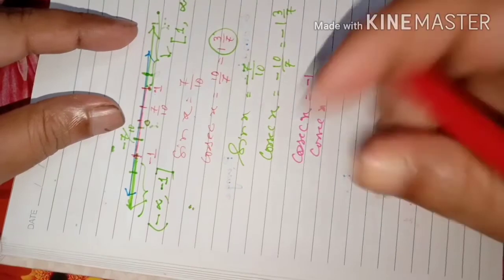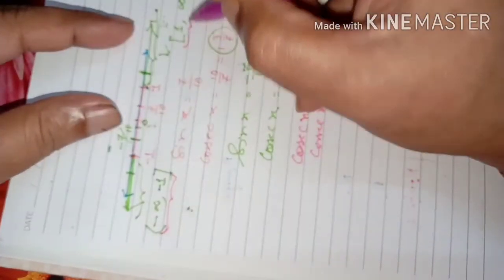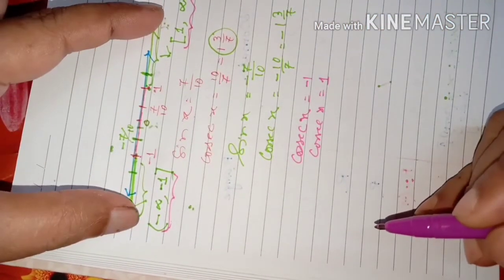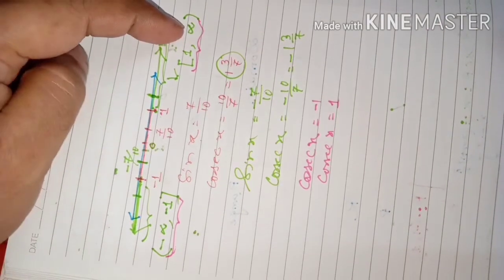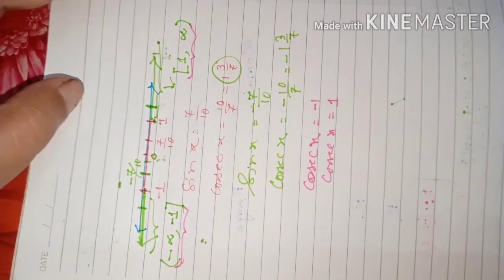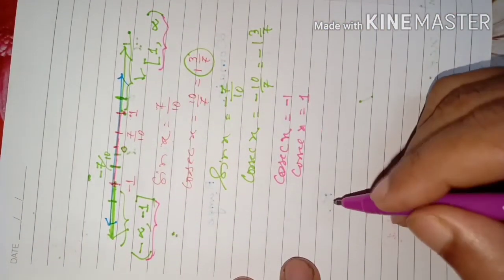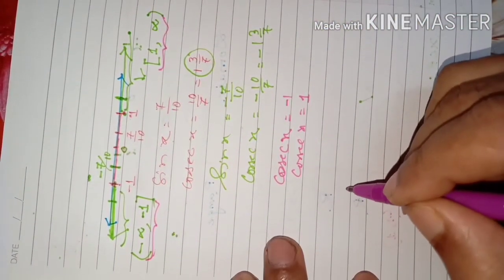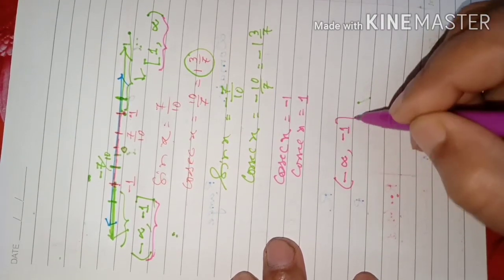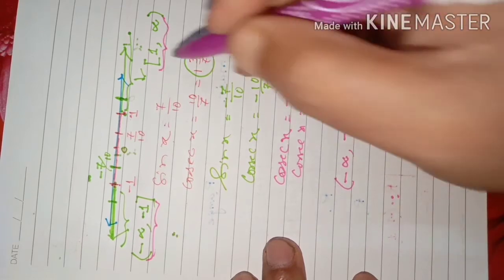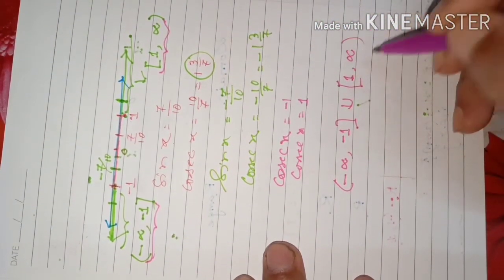That means these two sets of values will be the values of cosec function. So in the range, we will write these two sets of values only for cosec function. Got the idea, dear students? So writing these two sets of values, we can just write like this: -infinity, -1 in closed bracket, union this one, 1 comma infinity open bracket.